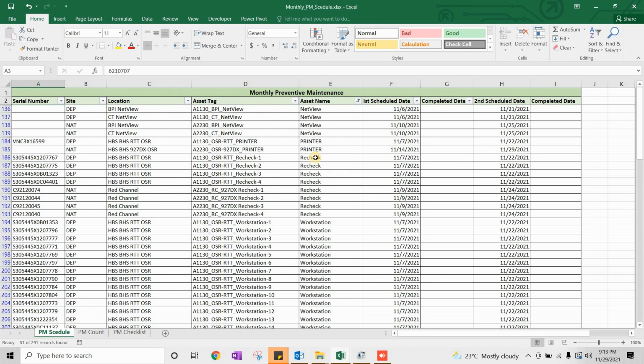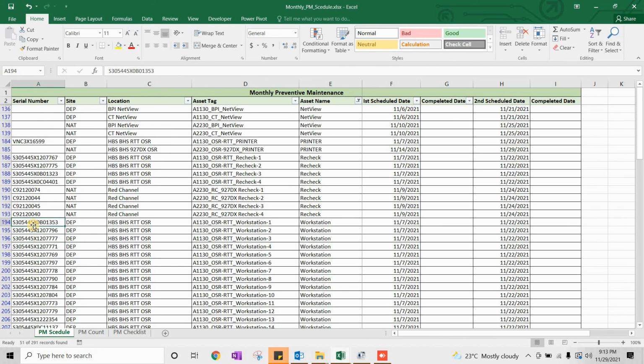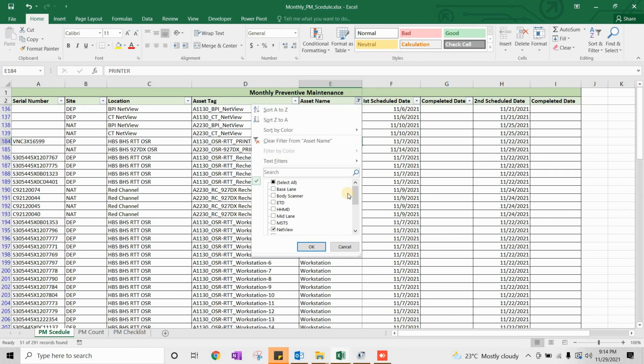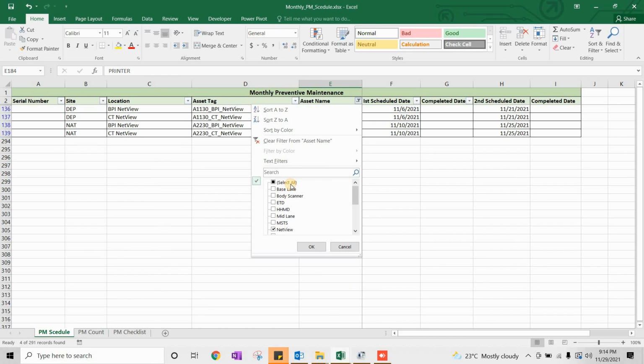Now we have workstation and recheck stations which are in the OSR room. So for each workstation there is a separate unit, so we will have one single report for each workstation. Same for recheck stations as well, same for printer, same for server as well. So workstation one report, TMAS one report, server one report, each recheck station one single report, for printer one single report. And also for NetWeav, when we'll be doing NetWeav PMs, it will be a single report for everything here as well. For each NetWeav it will be a single report.